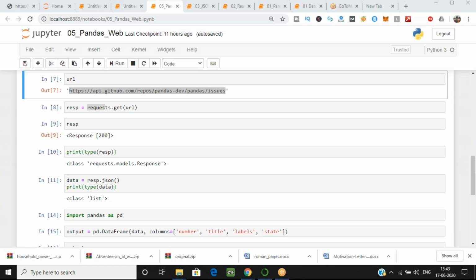I have sent you the data, the link also. Now you can see over here what column you want to take.